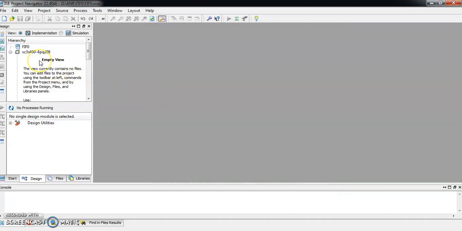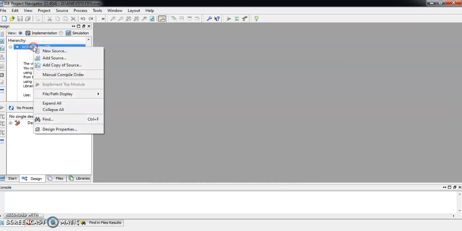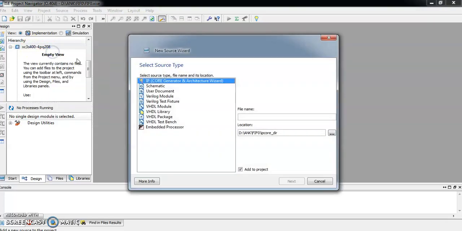Now we have to add the main file to write the VHDL code. Click on the device we have, right click on it, click on New Source, select VHDL module. Give a name for the main file. Let's say I will give the name main. Then the tick should be there to add our main file into the project.